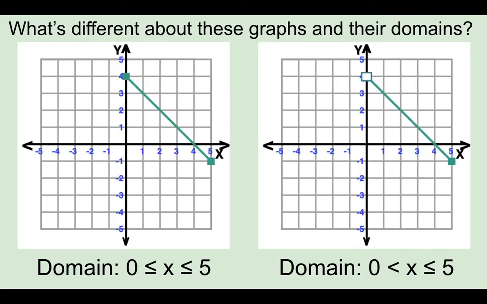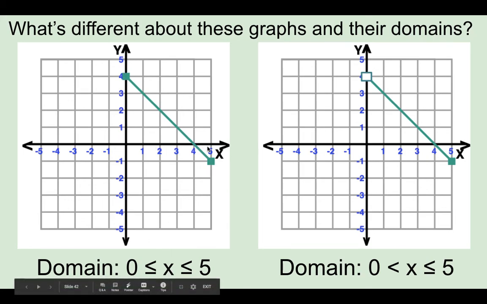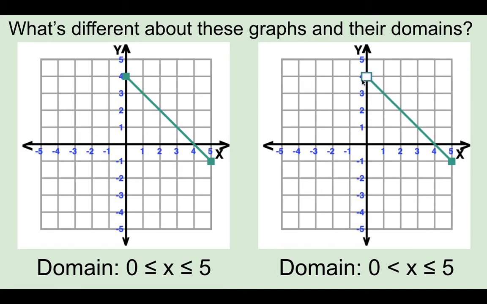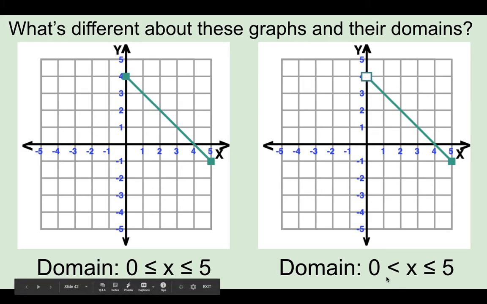When we have a dot that's not filled in, that just means that that point is not included in our answer. So here we have both dots are filled in. So we're going to say x can be any number between 0 and 5, including 0 and including 5. We have these or equal to signs here. If the box is not shaded in, we're not going to put that or equal to sign underneath because x